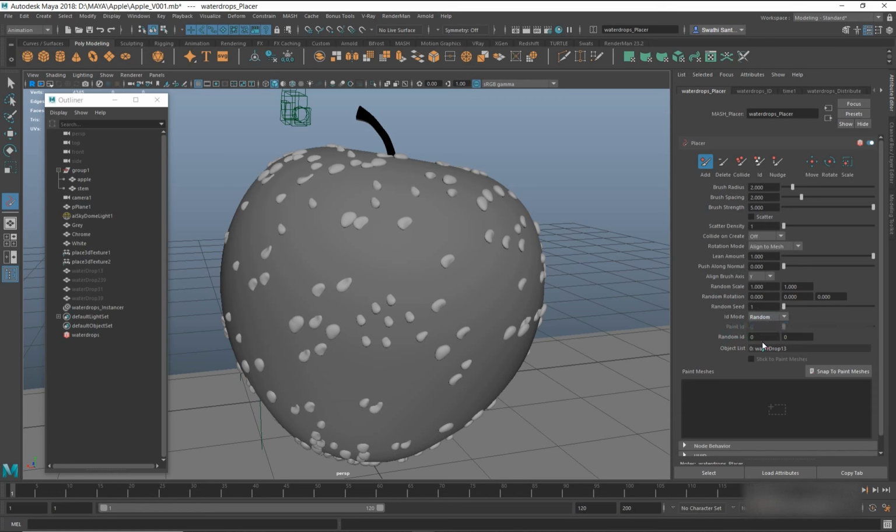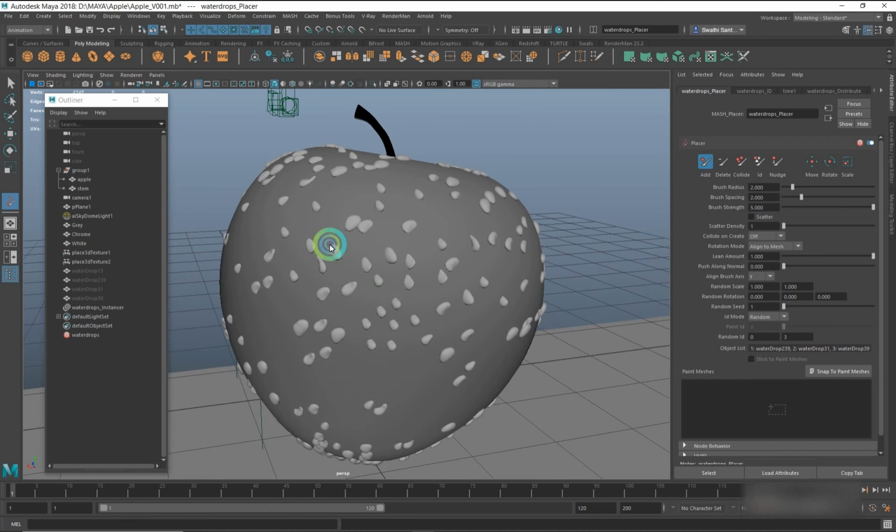Also on the placer node you can select the ID to be random and then add the number of how many instances we have, so that it will randomly select one node and create the mesh instances here.